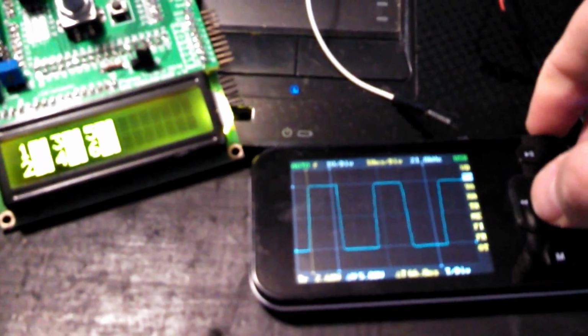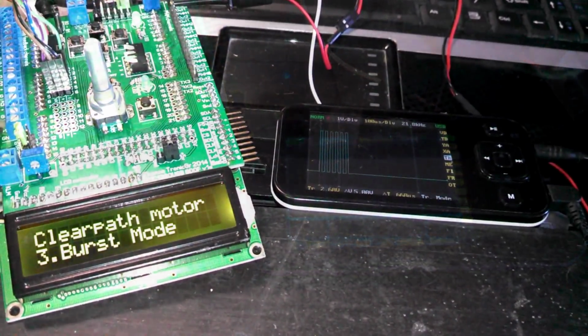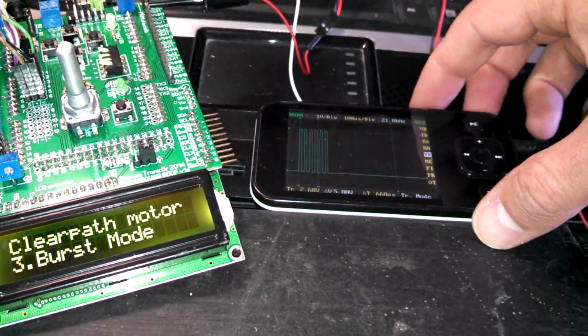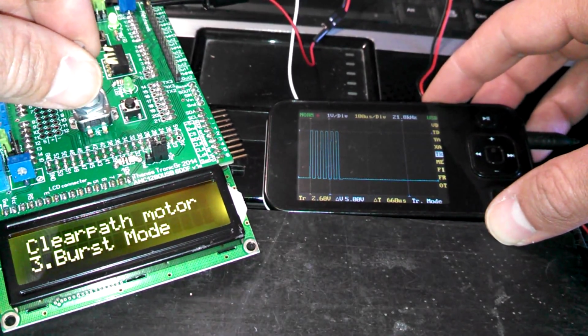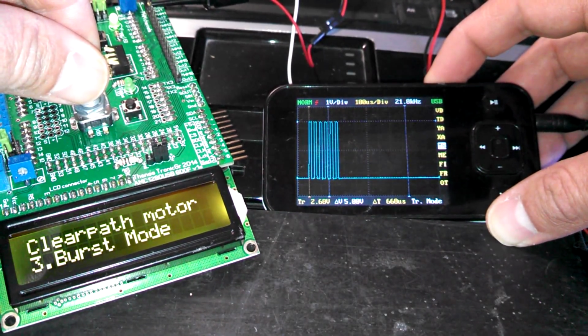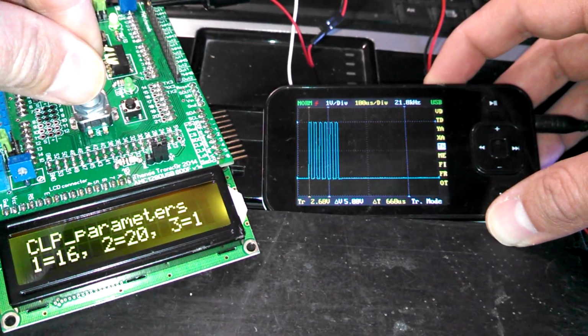Right. So this is the pulses we get. This is what we get since I have this moving up in constant speed. Okay, so I have set the modern pulse burst mode, so